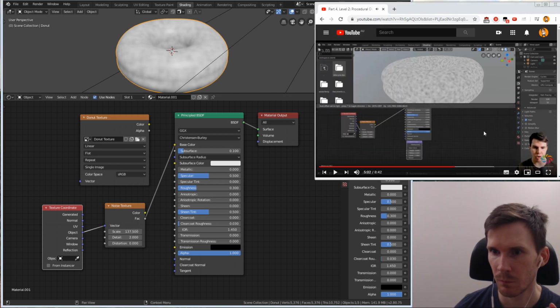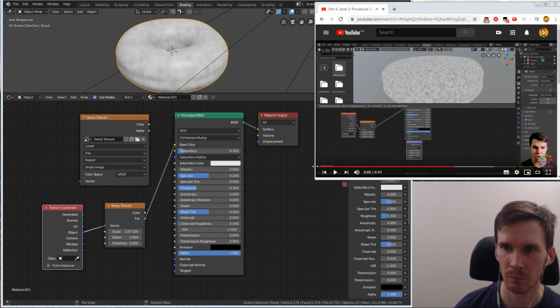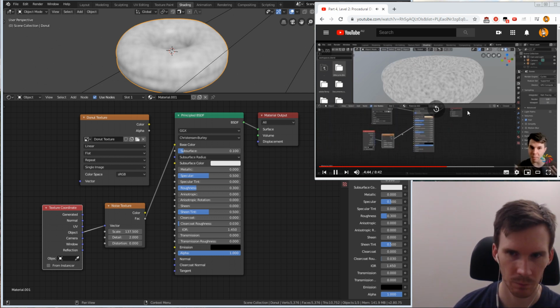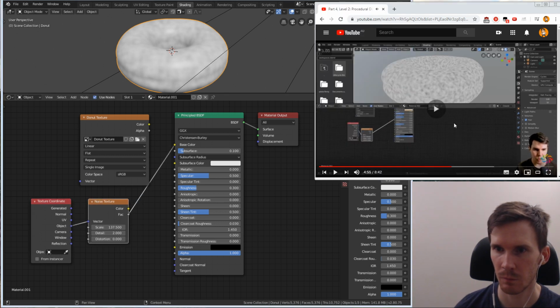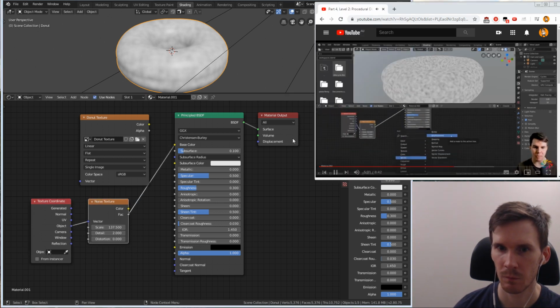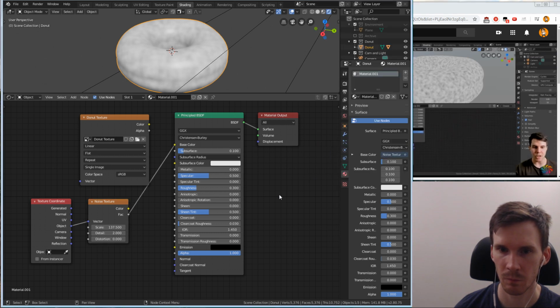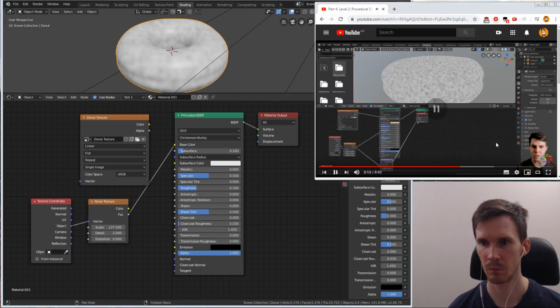So drop this in here, and then what I want to do is take the factor output of that and put that into the top of the height. And then I want to take that displacement and put that into the